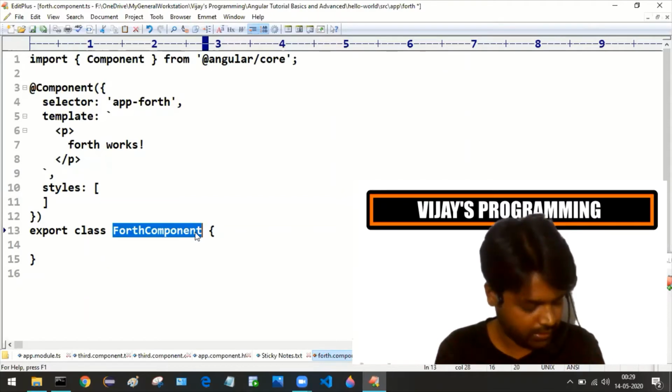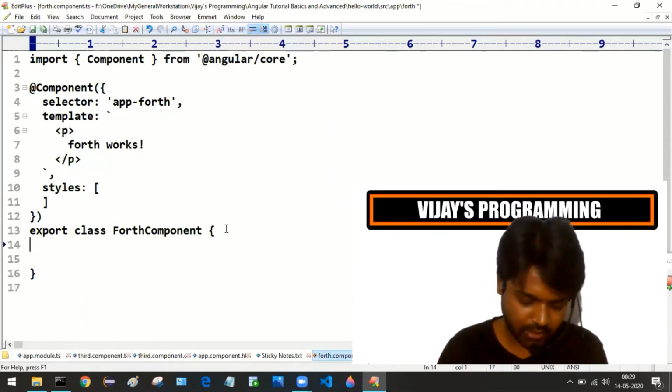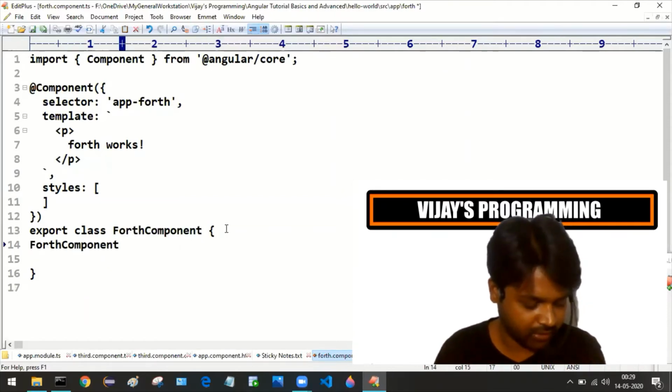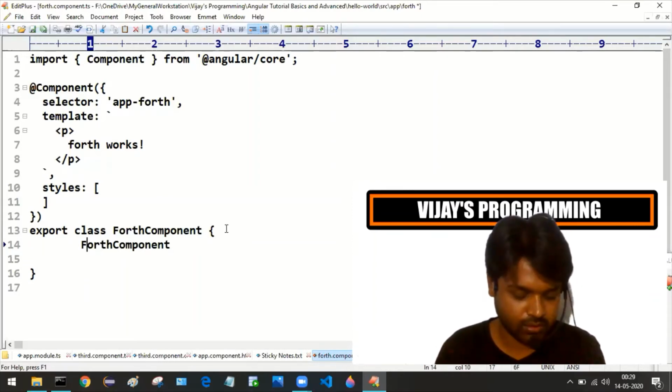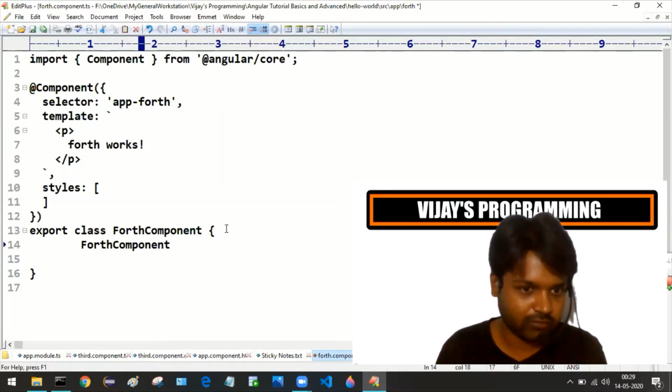Fourth component, I'm using that name, and I'm developing some code using that name of the class, that is fourth component.